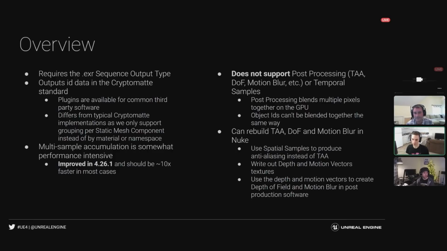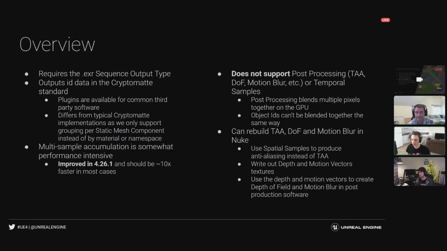Plugins are going to be available for common third-party software. Nuke has it. Andy, do you know of any other software? There's extras for Photoshop and After Effects, inside Fusion, and several others. But Cryptomatte is standard. Even Blender has picked up on it now, and most of the offline renderers, such as V-Ray, Arnold, Houdini, all of them support it. So there's quite a bit of industry support around this format, Cryptomatte, currently.